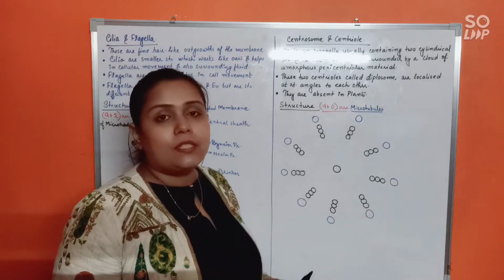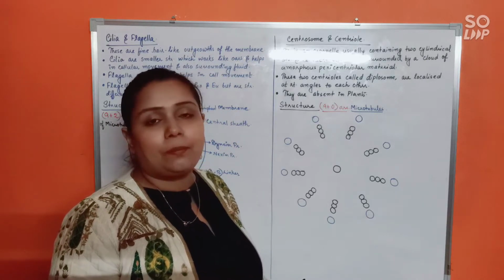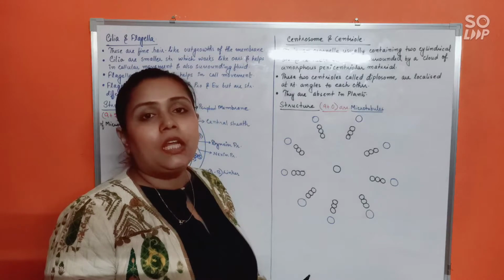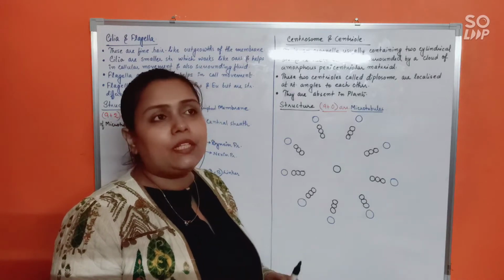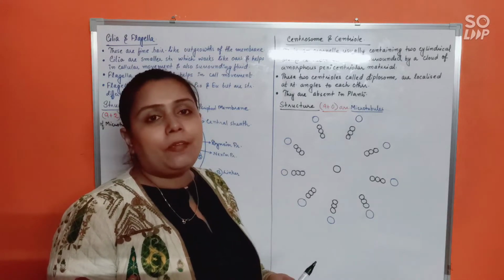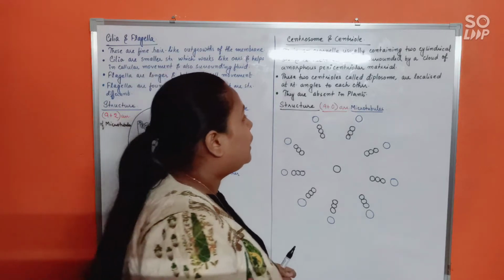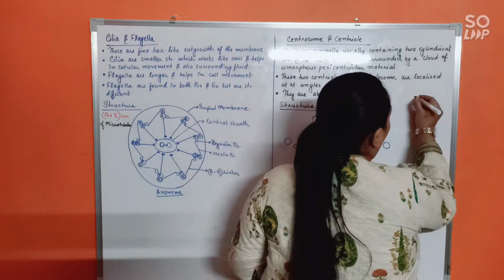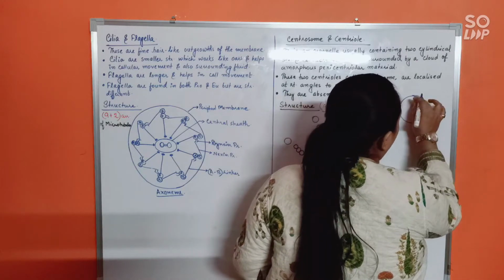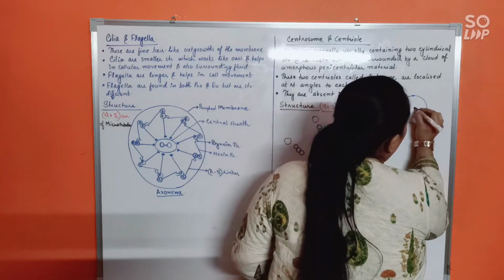Centrosome or centrioles. These are structures not found in the plant cell, only found in animal cell. Also found in certain algae, also may be found in fungi, but strictly absent in plants. Okay. Now taking the example of animal cell, if we try to understand where the structure lies, suppose this is